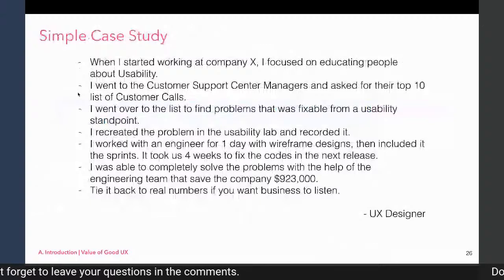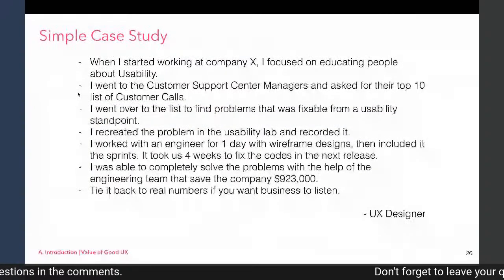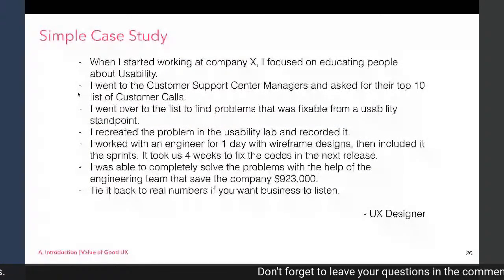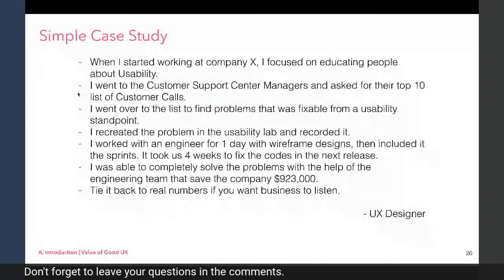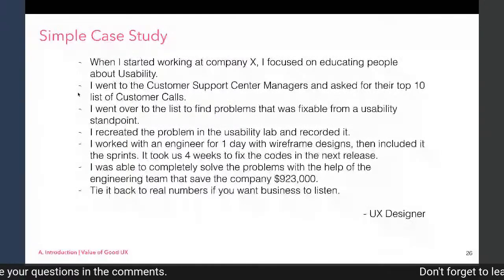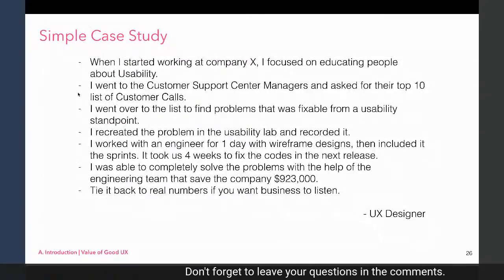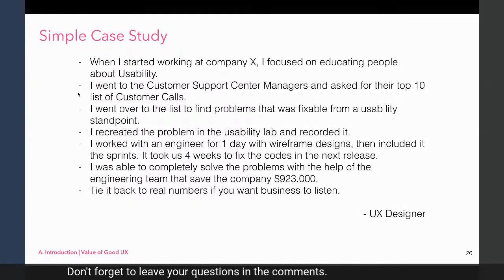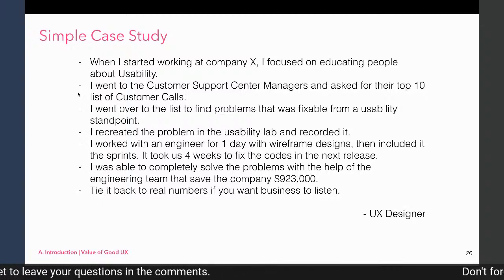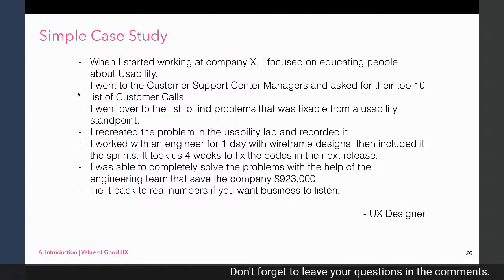So this is just a simple case study of one UX designer in a particular organization. Okay, so we have here a UX designer who solved the problem. What he or she did is, the UX designer went to the customer support center managers and asked for the top 10 customer calls.